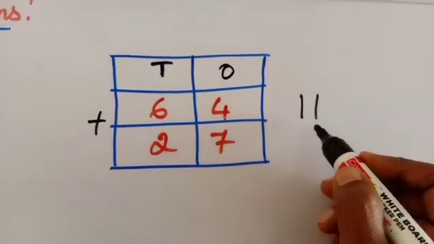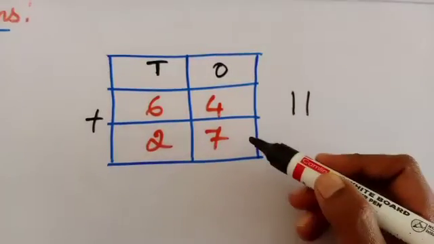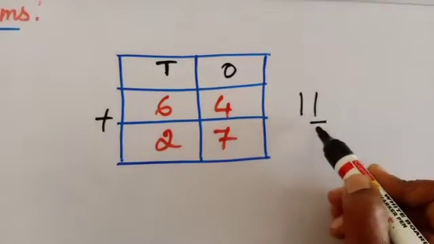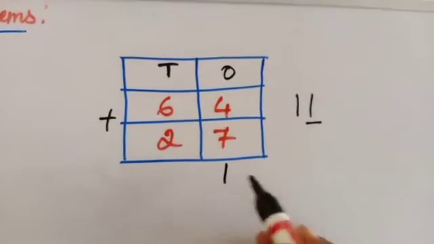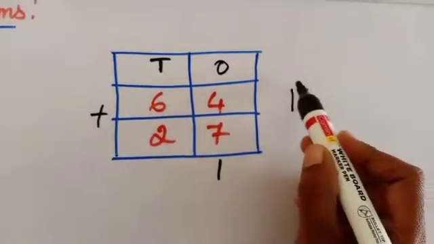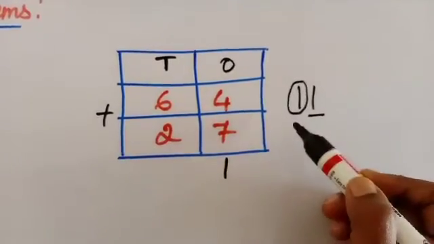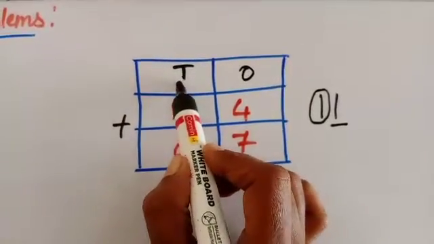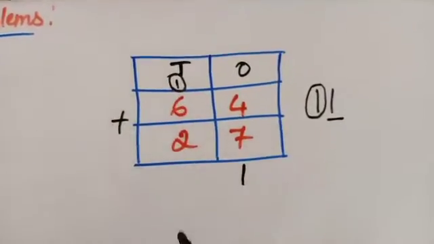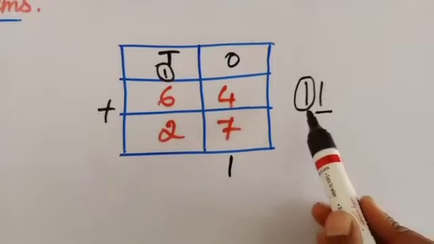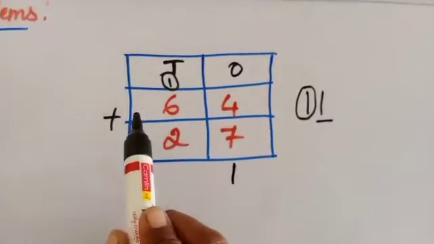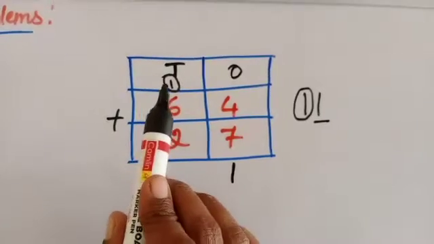As I told you in the previous class, 7 plus 4 is 11, and we write it aside here. The first number, underline it and write it right below the ones place. And the second number, you have to circle it and write it above this number. So we have carried 1 over here. Is it clear, children? Yes.